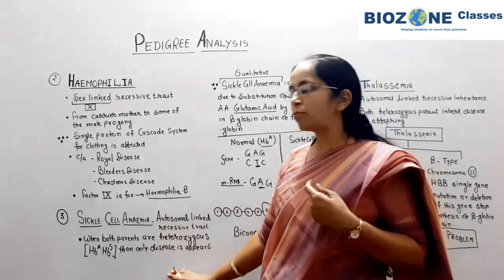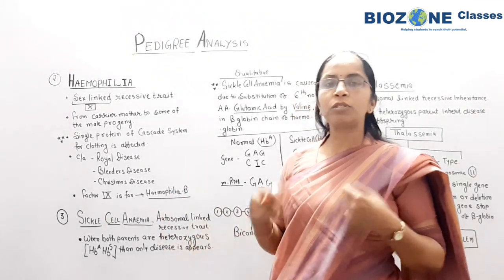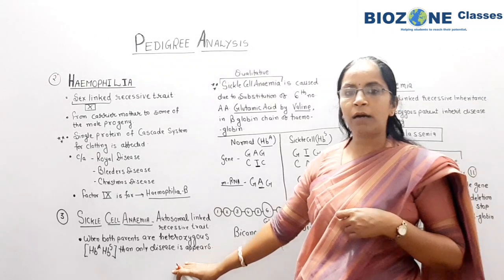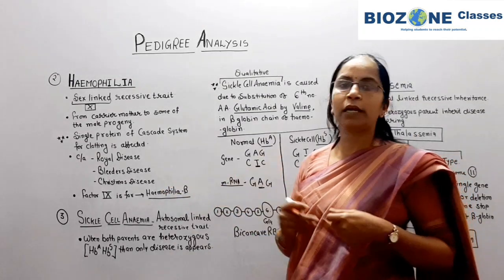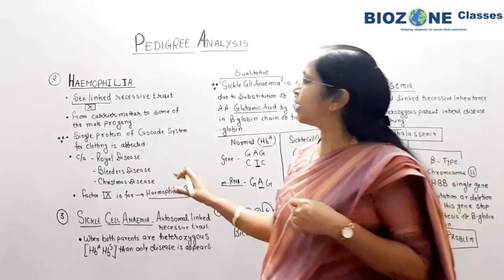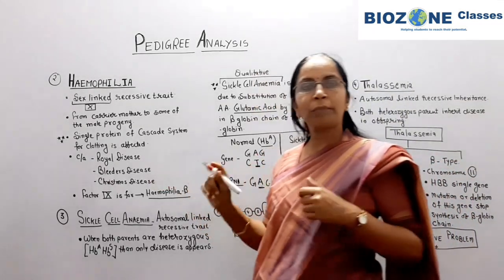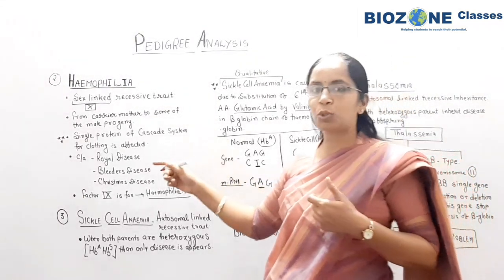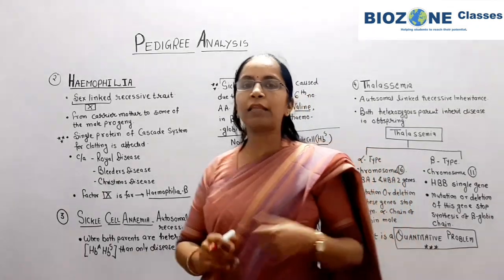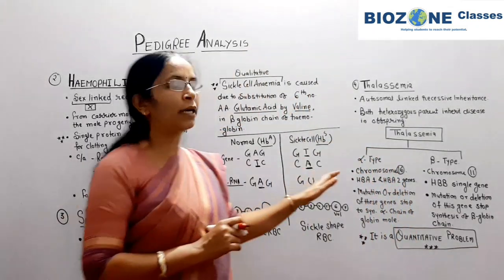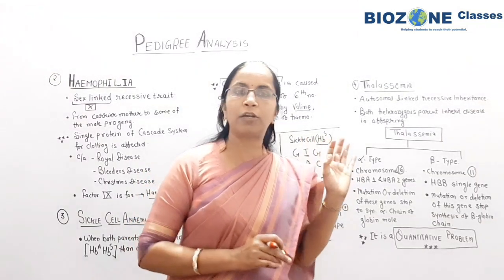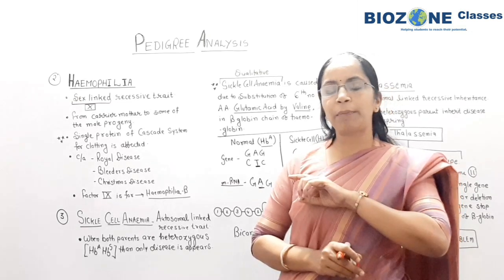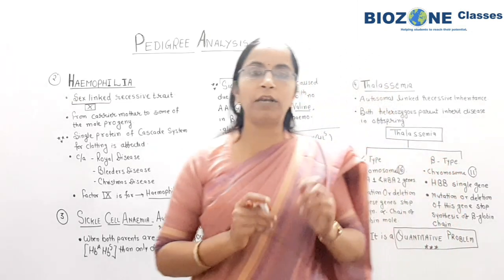Now we come towards another important disease that we study along with the pedigree analysis. That disease you remember, sickle cell anemia. The first two diseases we have studied so far, color blindness and hemophilia, are both associated with sex-linked recessive traits or X chromosomal diseases. But sickle cell anemia and thalassemia, phenylketonuria are also provided in NCERT, but we already finished phenylketonuria in our previous session. For that you can go through that session or its video.